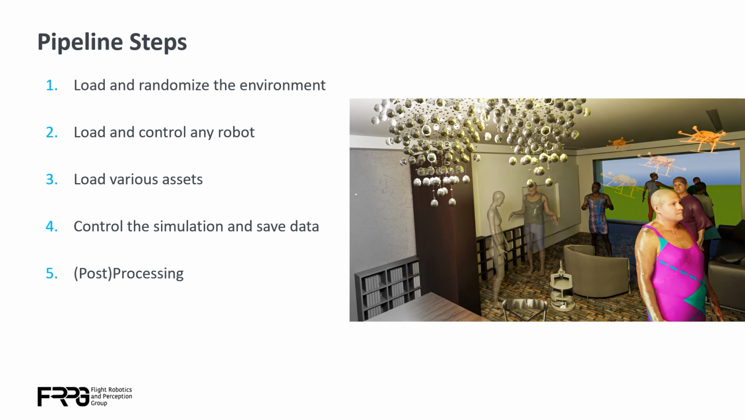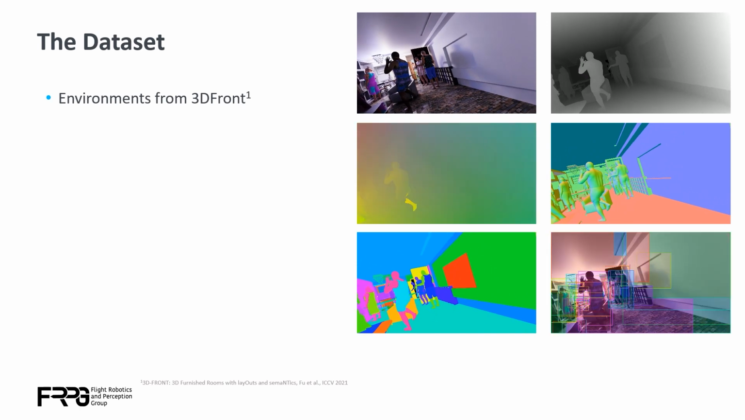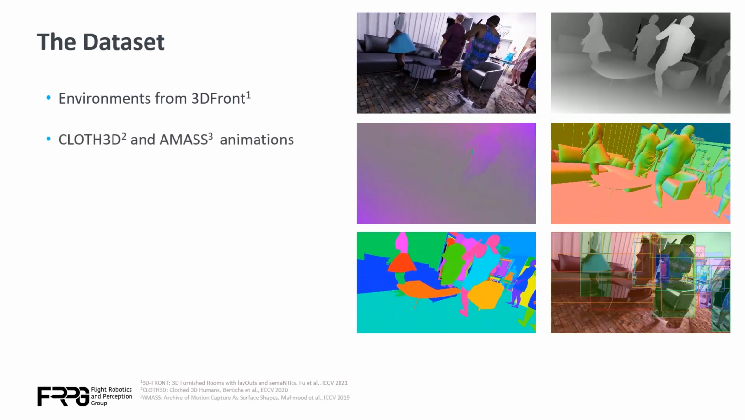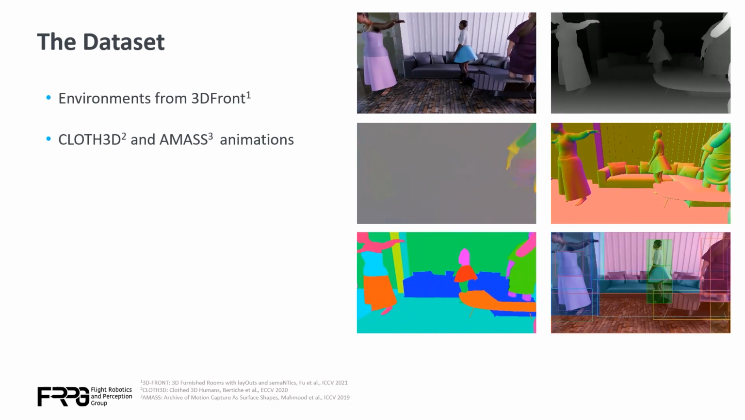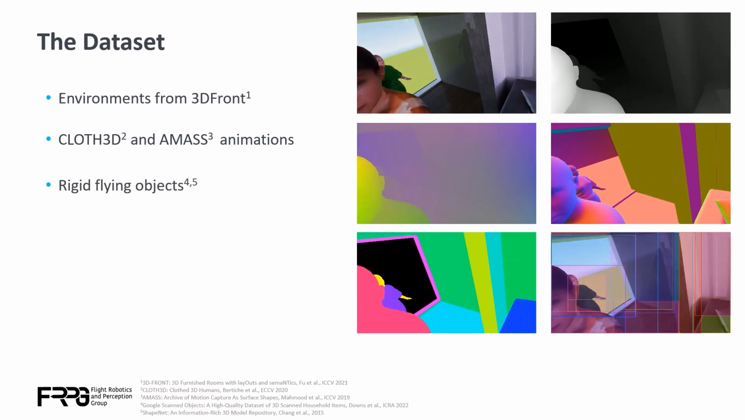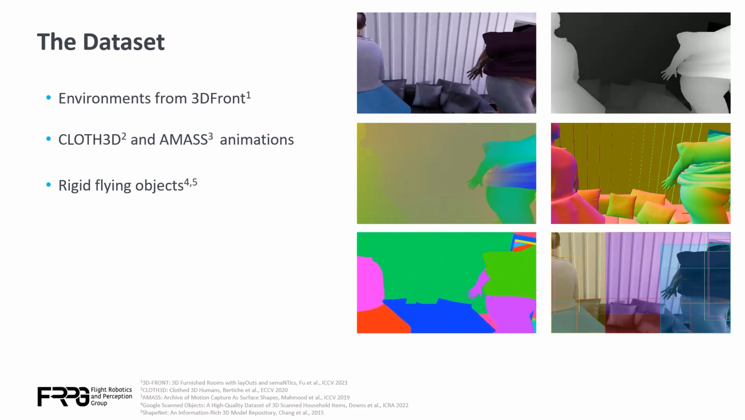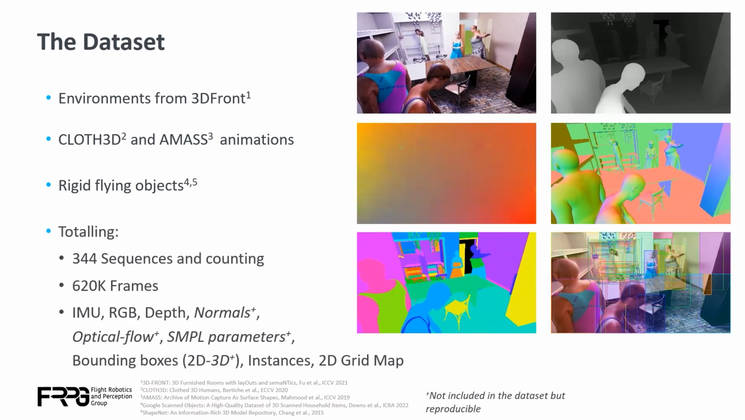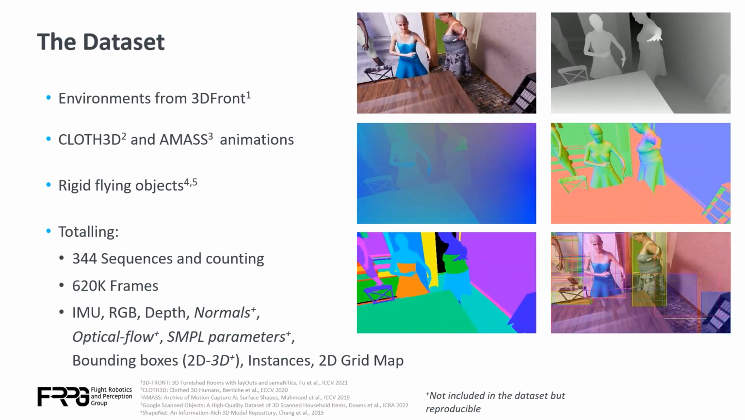With all this, we generated a dataset to demonstrate the usefulness of our method focused on indoor dynamic environments. First, we converted environments from 3D-FRONT using Blender. Then we used our developed converter for SMPL-based human animated assets to get both clothed and AMASS dynamic humans. Then, using a set of custom tools, we load the environment, place the humans avoiding collisions, add flying objects, load the robot, and autonomously explore the environment using FUEL. We recorded 344 sequences with corresponding ground truth data, including IMU at 240 Hz, bounding boxes, semantic instance segmentation, and